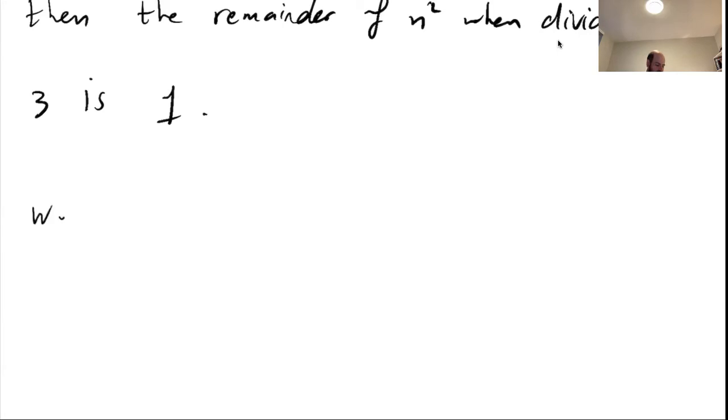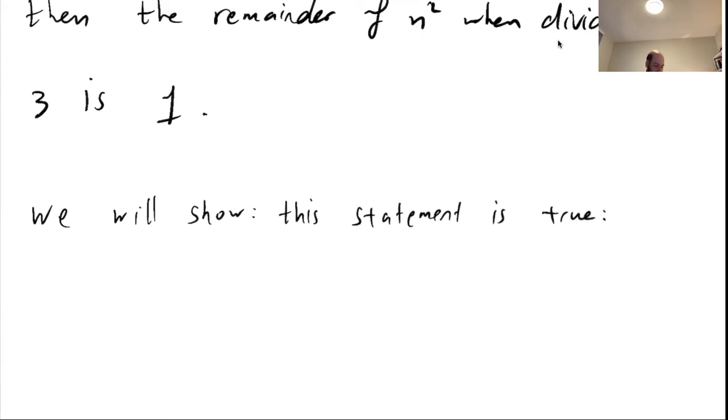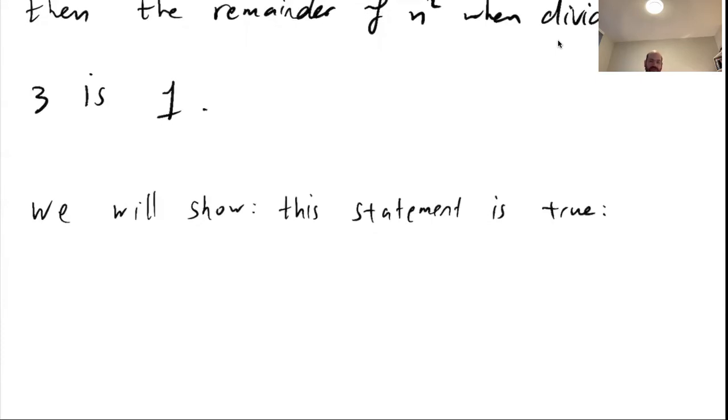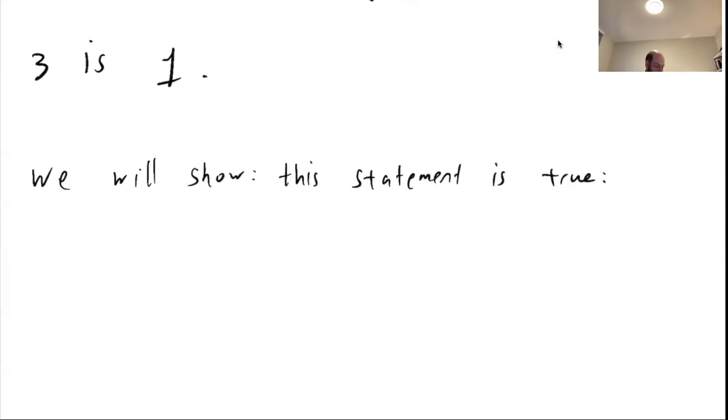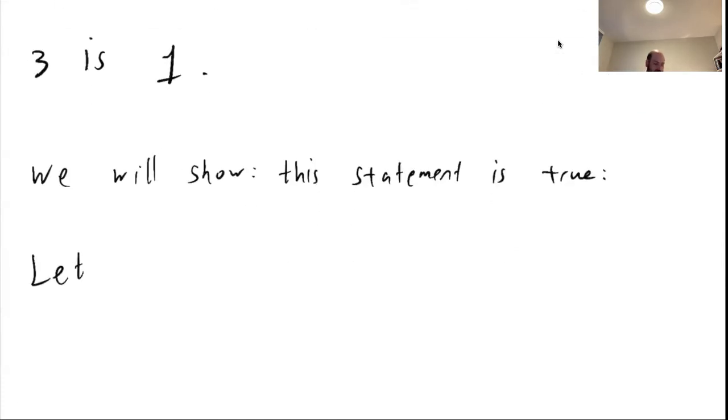So I can say we will show that this statement is true. So again, proof has to be in general. So let's think about arbitrary numbers. So normally when you want to